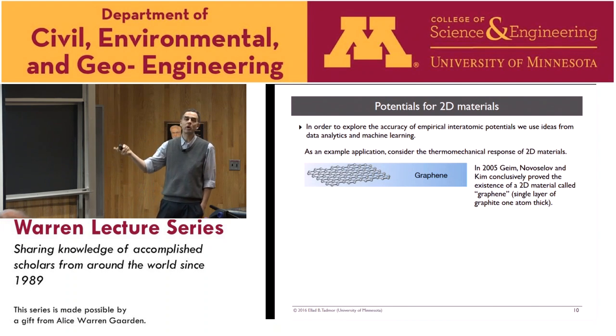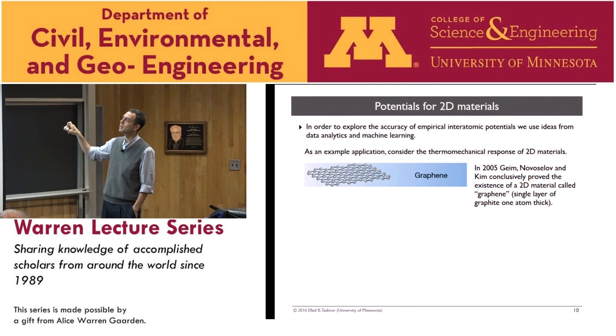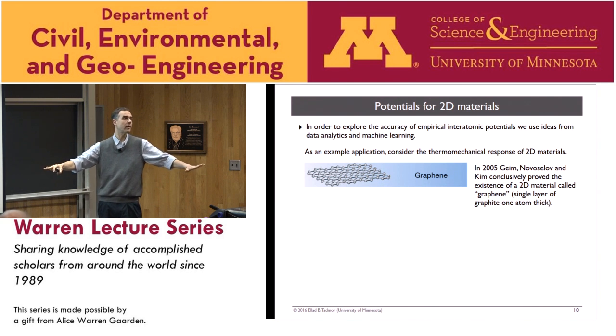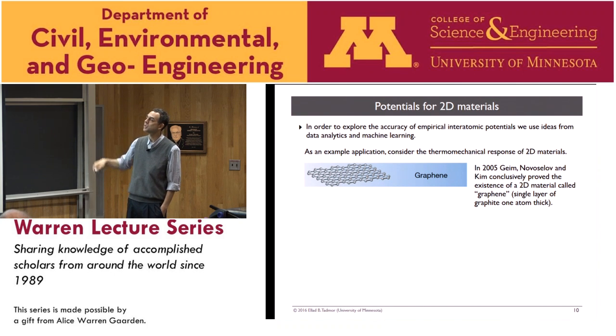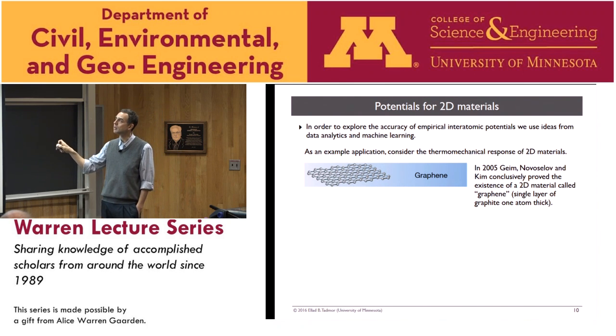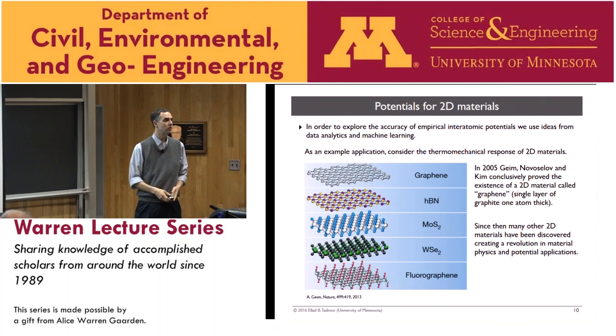The example that I'm drawing here is actually from 2D materials. So we also are interested in 2D materials. You're probably familiar with graphene. It's a 2D sheet of graphite, basically a 2D sheet of atoms that were conclusively proven to exist in 2005. There was a Nobel Prize awarded for that. And since this discovery, or this confirmed discovery, because there have been rumors before, many other 2D materials have been discovered. And so we have graphene, but there's also hexagonal boron nitride and molybdenum disulfide and so on and so on. So there's a huge amount of, you can imagine, half the world now is looking for 2D materials to try and understand them because they have amazing strength properties, they have amazing electrical, magnetic properties, optical properties.